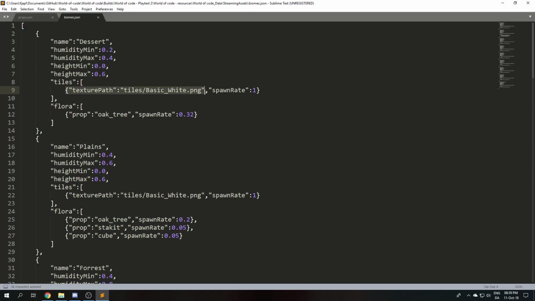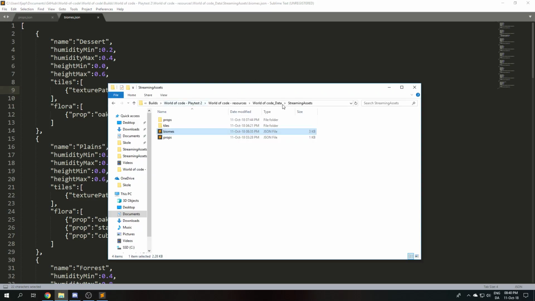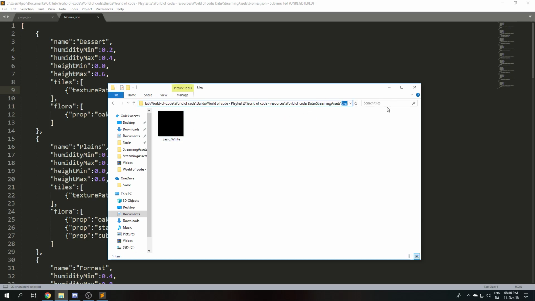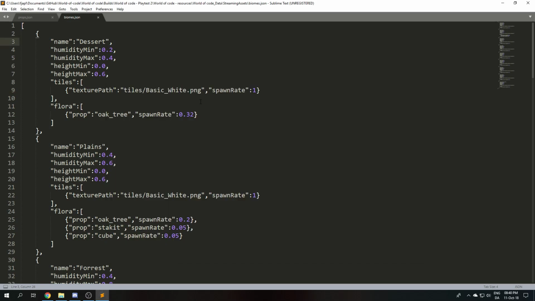So you make the texture and put it in a file. This is the path of the texture relative to streaming assets. So all of this stuff would be removed, and then you only have tiles left. So just tiles, and then basic white, and then .png. The spawn rate is